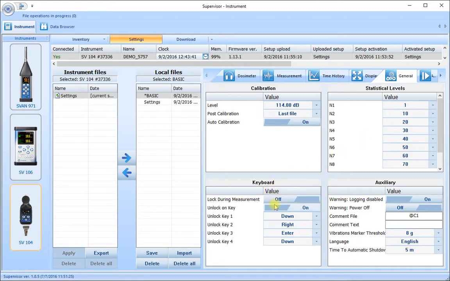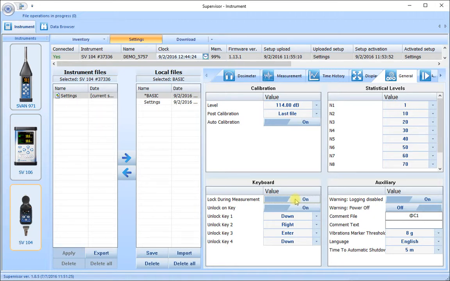On the keyboard section here, the most important one is the first one here, whether or not the instrument will be locked once the measurement begins. It's possible to lock the dosimeter as soon as the measurement starts by selecting this to be on. Now, as soon as we start the measurement, the dosimeter keypad will be locked and the person wearing the instrument won't be able to tamper with it. If you want to lock the dosimeter manually before you leave it and go off, then you can leave the setting here to be off. The typical suggestion here is to leave this one on to be sure that the keypad is locked as soon